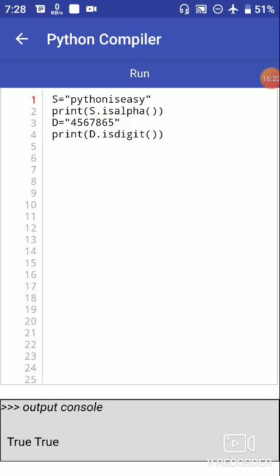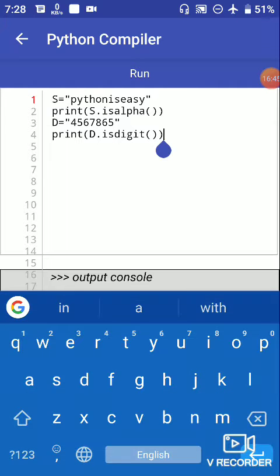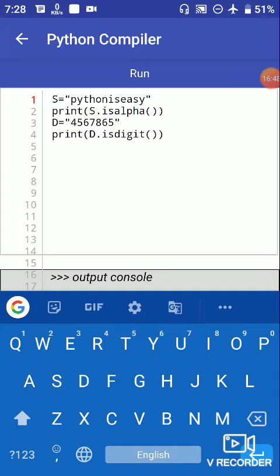So isalpha means asking the interpreter whether the whole string is alphabetic or not. It returns true if the string contains only letters, otherwise false. Same as isdigit, the method returns true if the string contains only digits, otherwise false. After isdigit and isalpha, we try some other practicals on lower, islower, upper and isupper methods. So let's try the lower method.